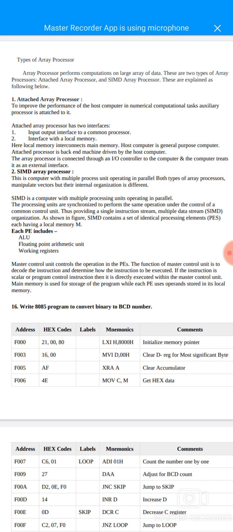Hexacodes are 21, 80, 7E, FE, 5A, D2, 0E, F0, etc. Labels are denoted by F00E, F010. Num and store. Mnemonics are specified by LXI H, MOV A,M, CPI, JNC, SUI, JMP, SUI, INX, MOV, HLT. Commands are load the address of the number, load the ASCII data into the accumulator from memory, compare with ASCII 9+1.